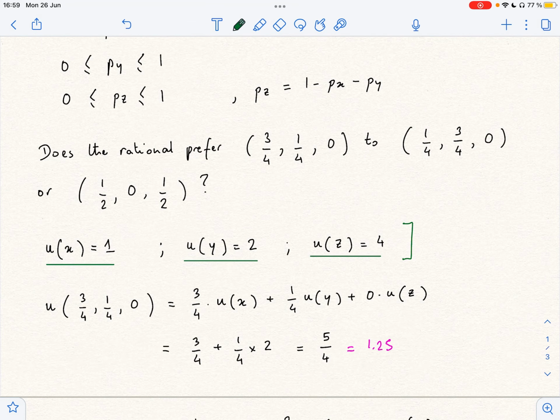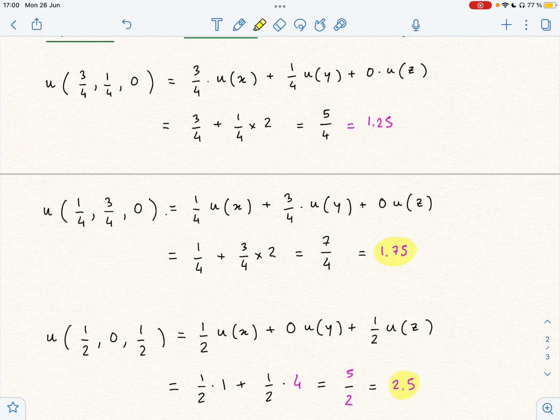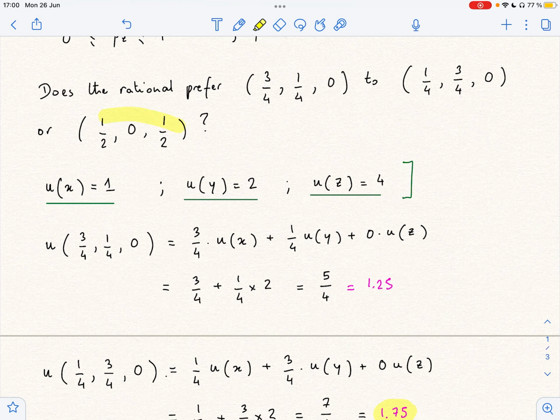I can order the lotteries, and I can say that the third lottery, because the payoff here, 2.5, is larger than 1.75, is strictly preferred to the second, and the second lottery is strictly preferred to the first. All right? So the rational agent would prefer this lottery first, driving to the beach and not knowing whether it's going to rain or be sunny with probability 1/2 and 1/2,